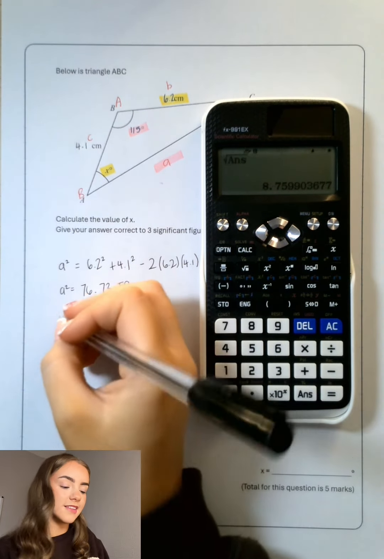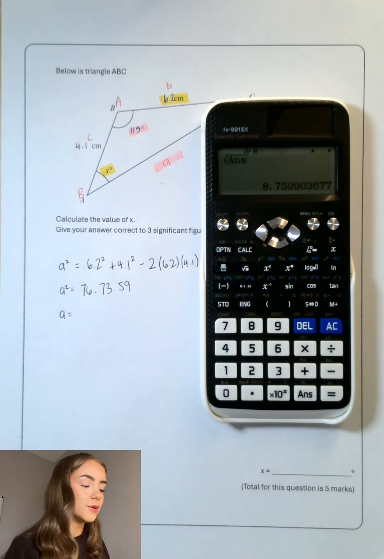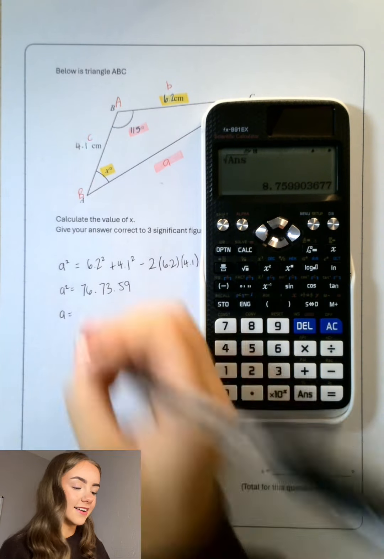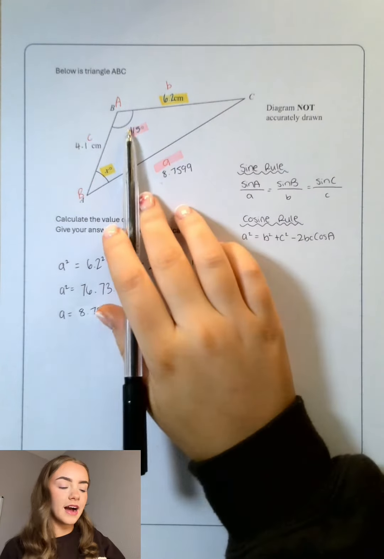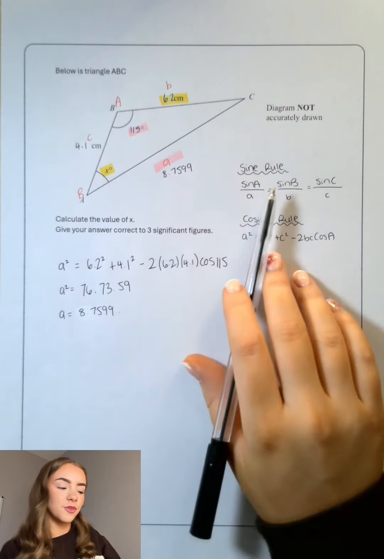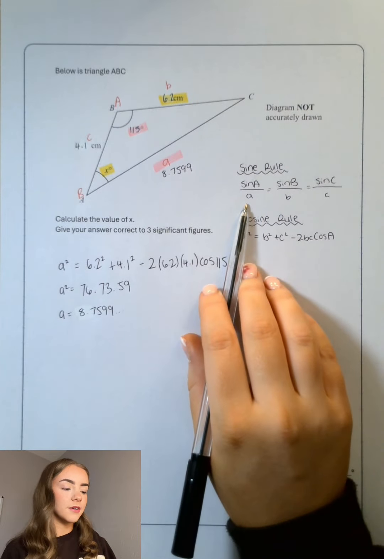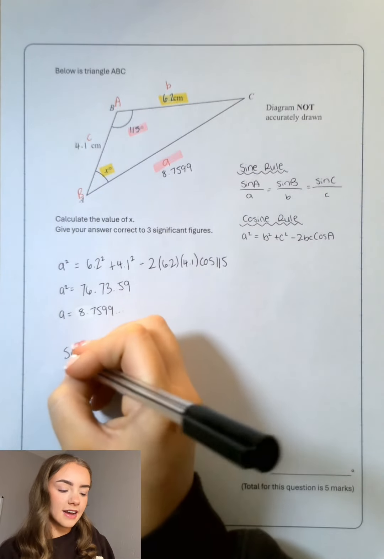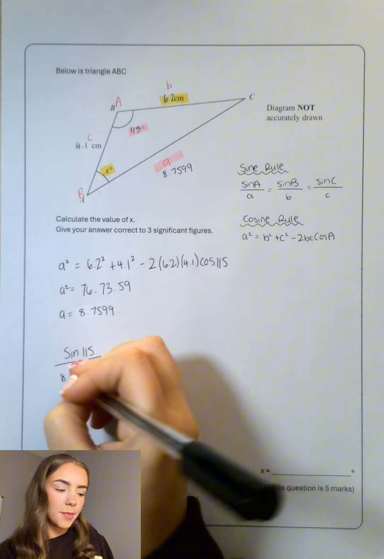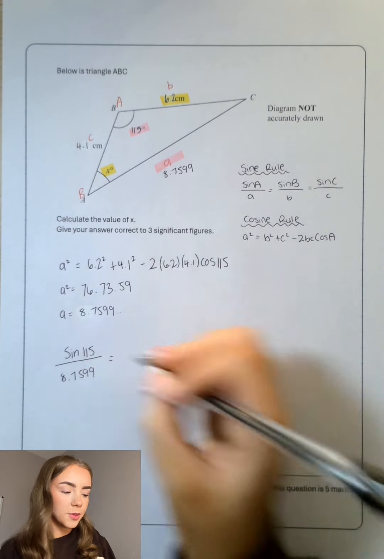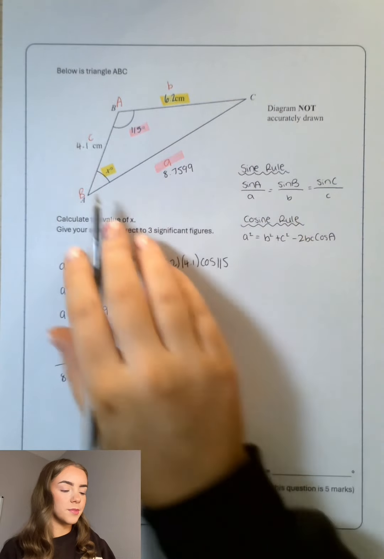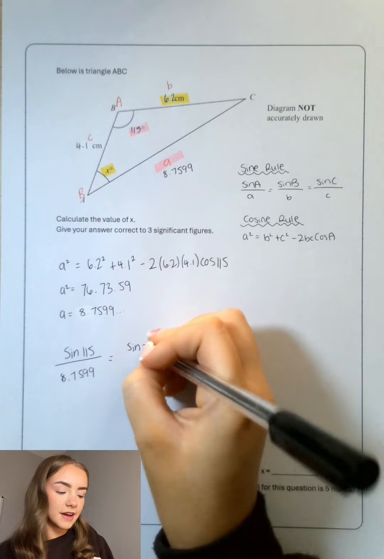76.7359. Square rooting this answer, we'll get a is equal to 8.7599. And we can add this to the diagram. Now that we have two pairs of opposite sides and angles, we can use sine rule, where sine of angle A over A will be sine of 115 over 8.7599. And this will be equal to sine B over B, which in this case will be sine of angle x